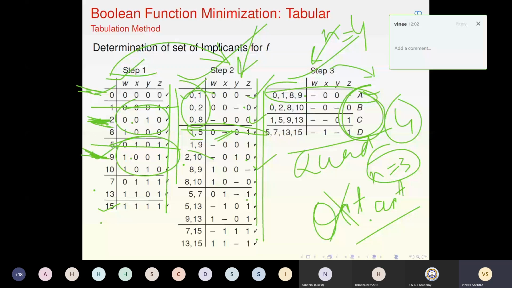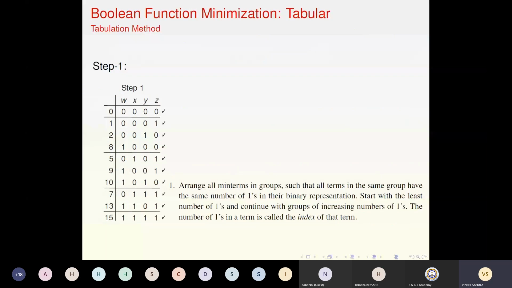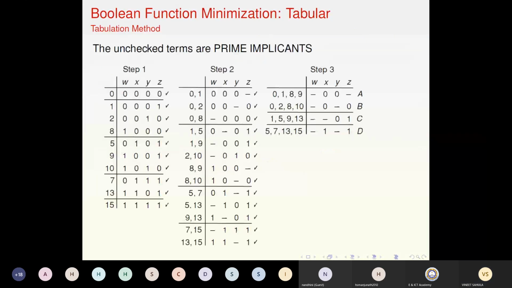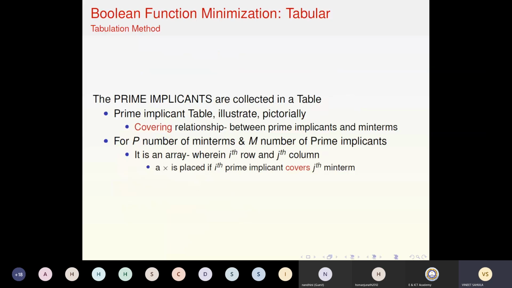This is phase 1. I have generated larger size terms. Phase 1 is over. Now what do you do in phase 2? Once phase 1 is over,